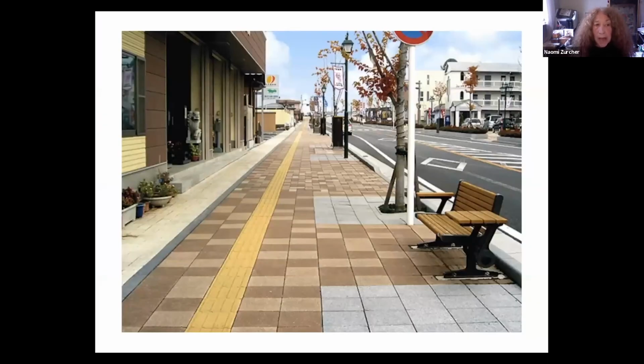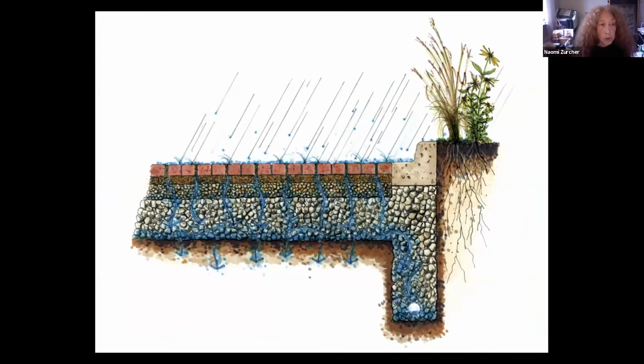Continuous research has seen an evolution in materials, and a Japanese company has developed a permeable, pervious paver made of recycled ceramic materials. All of these pavers are installed over a gravel subbase, which acts as the interim reservoir for